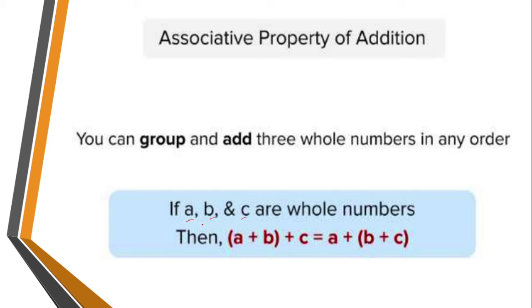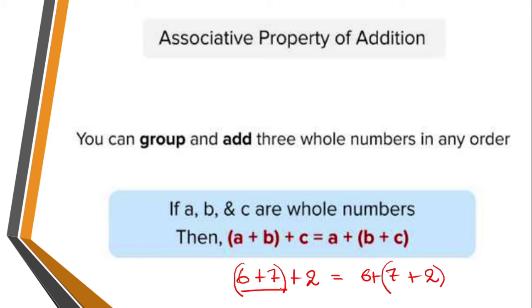Now, this is what it means. But how can we say that this operation is equal to this operation? We can't say like that only, right? Let's take an example and then see. So let's take 6 plus 7 plus 2. So we will do the same thing here also. Now here we will group 6 and 7. Here we will group 7 and 2. So here we will do 6 plus 7 first and then add the sum to 2. And here we will add 7 plus 2 first and then add the sum to 6. Right. So let's do it.